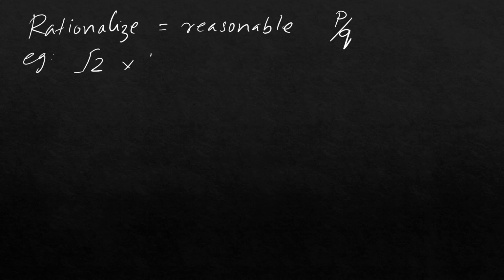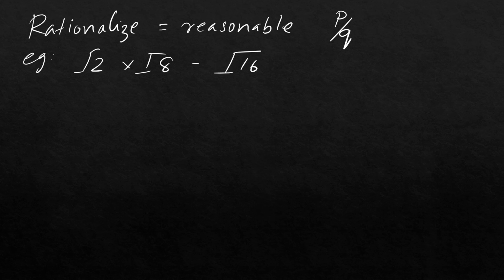Next topic is rationalizing the denominators, or rationalizing the surd itself. Rationalize means making it reasonable. P upon Q format में बनाना है. For example, here is a surd for multiplication, root 2 into root 8, and